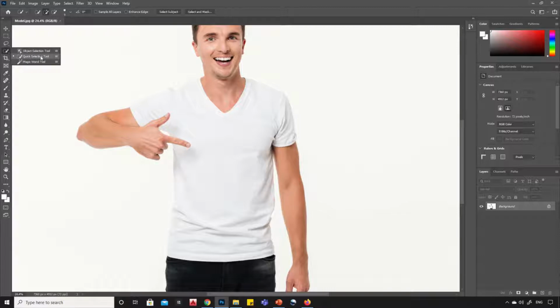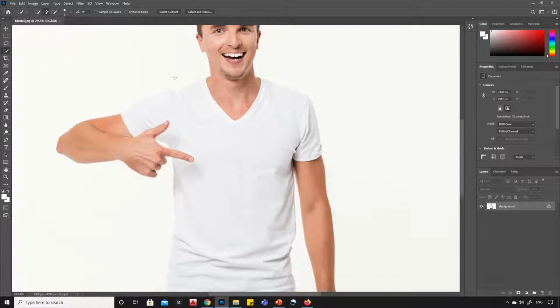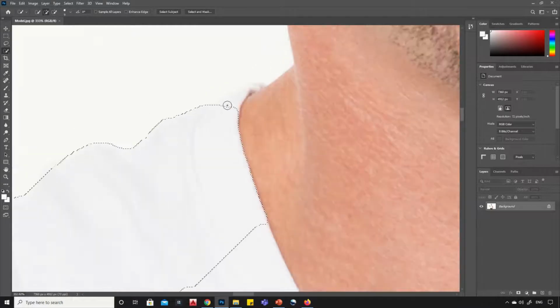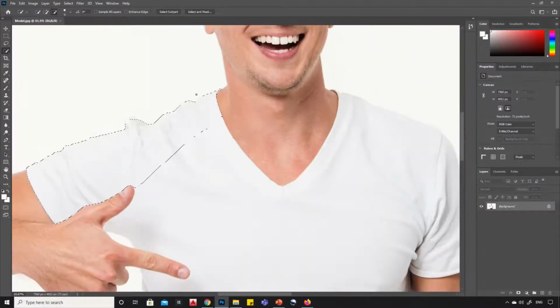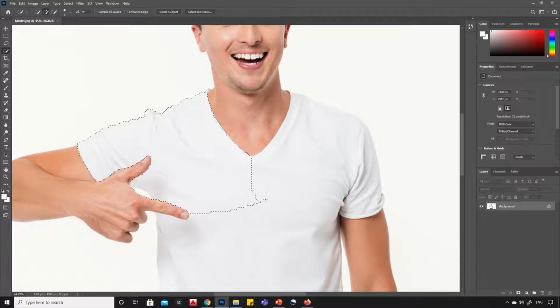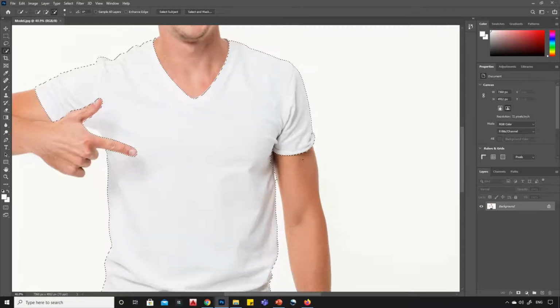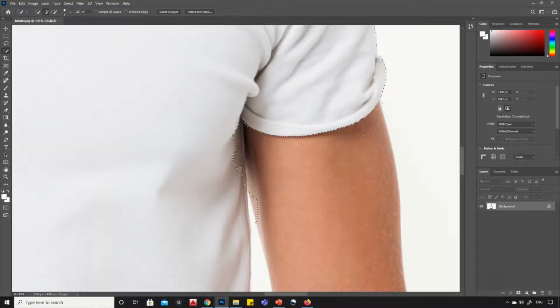Now, select the Quick Selection tool, and then start selecting the cloth on which you want to add pattern. Make sure that the selection is very precise.